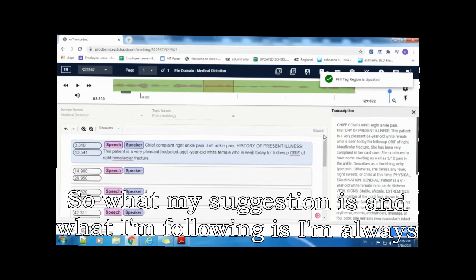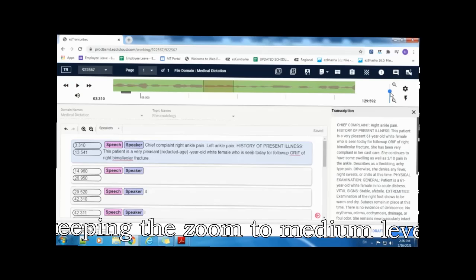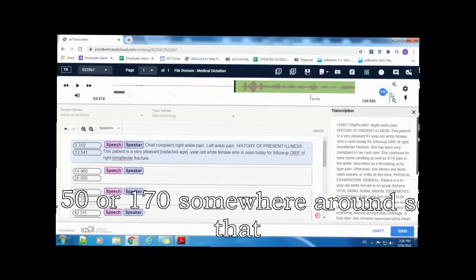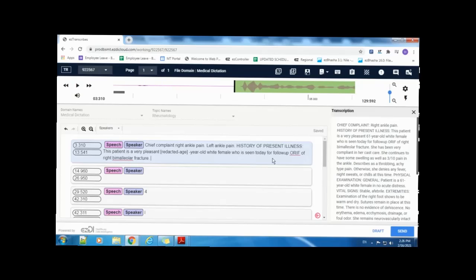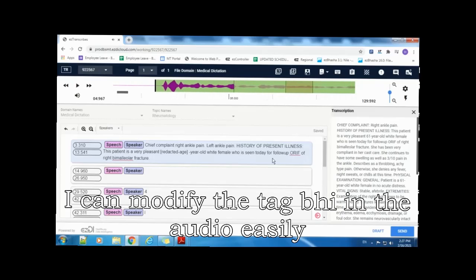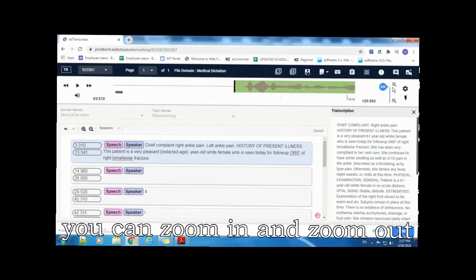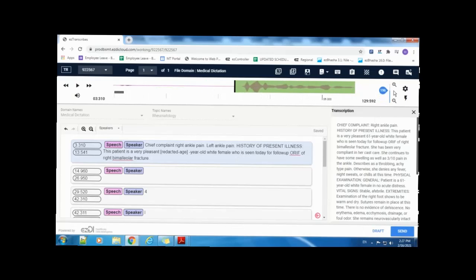So what my suggestion is and what I am following is, I am always keeping the zoom to medium level, 150 or 170 somewhere around, so that I can modify the tagged PHI in the audio easily. You can zoom in and zoom out this way.